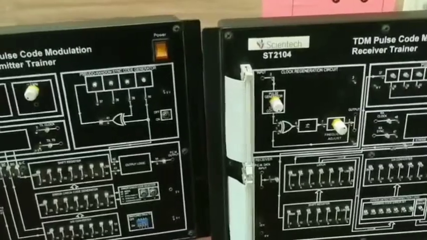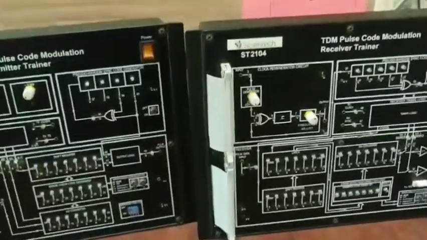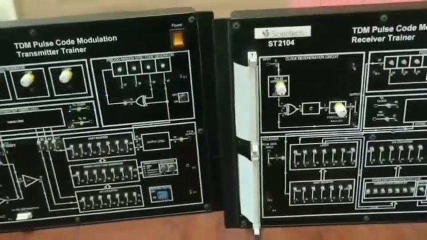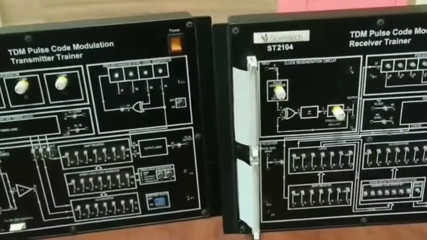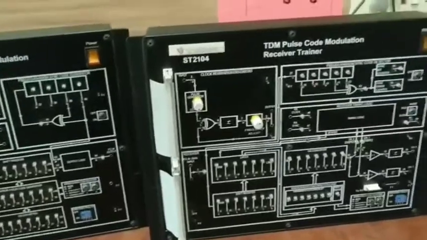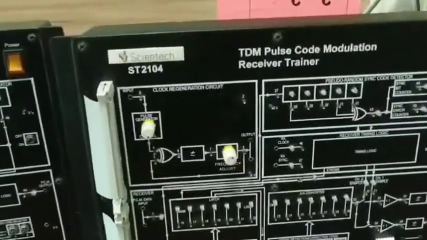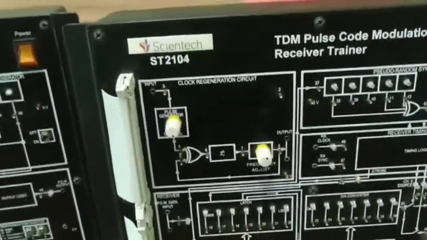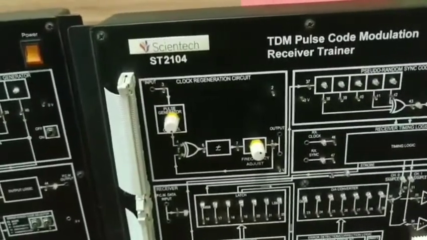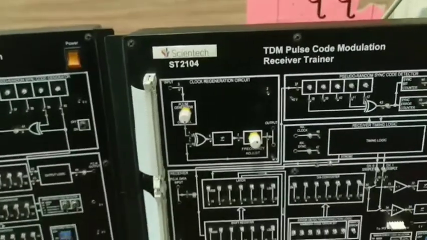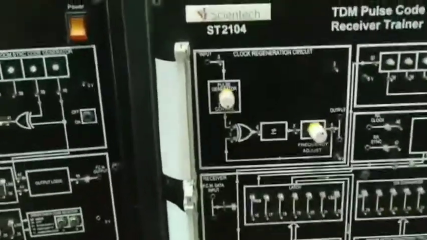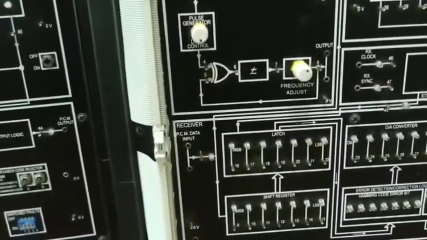Now, as we do not have knowledge of the clock at the receiver side, we will use clock regenerative circuits there. The basic idea is that whatever PCM data has been transmitted is received at the PCM data input point.